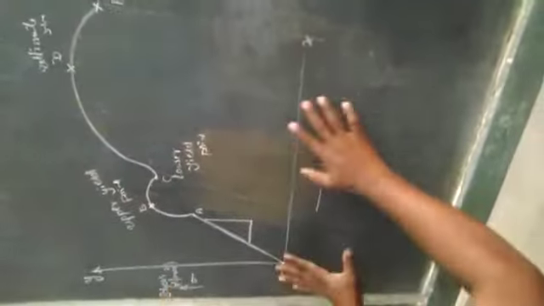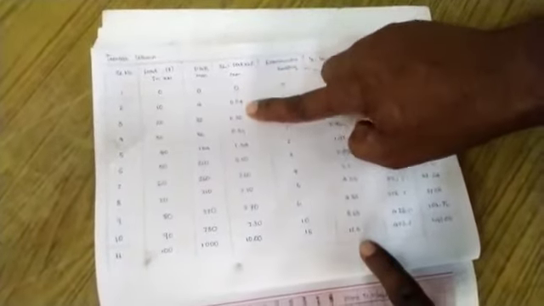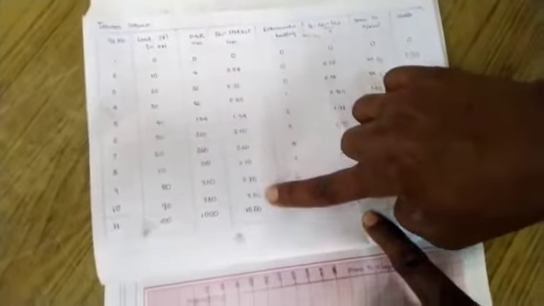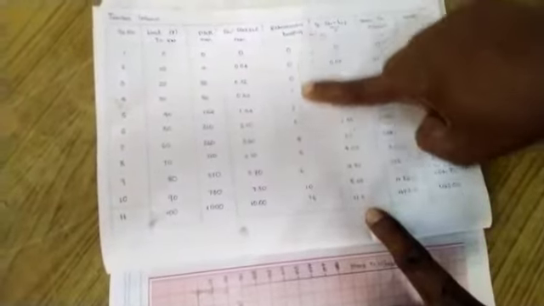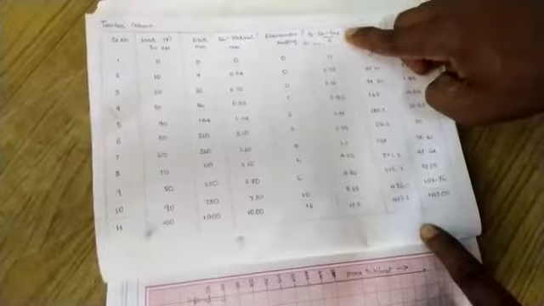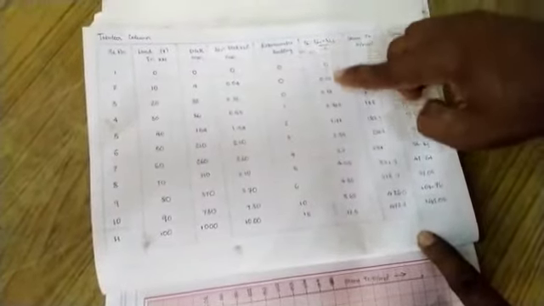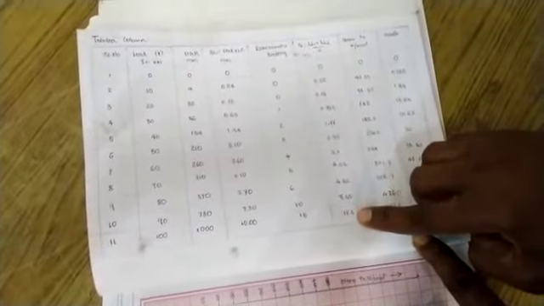So by taking these values, we can work out the calculations. These are all the obtained readings. For every 10 kilonewton of rise in the load, we need to take the dial gauge reading, and then multiply it with 0.01 in order to have the values in millimeters. The extensometer is not working in our equipment, so don't worry about these two things. Then delta L1 plus delta L2 we need to take up, that is the deflection, plus the average rise in the length.